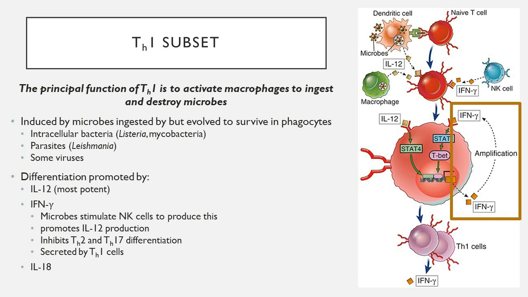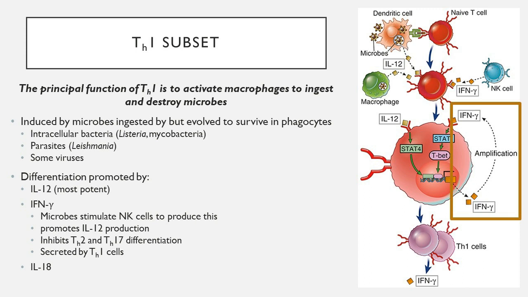What's common among all these infections are the cytokines they produce. For instance, they all tend to produce high amounts of IL-12, which tends to be the most important stimulator of this particular subset differentiation. They also produce IL-18, which works synergistically with IL-12, and then furthermore, they produce IFN gamma. Now, earlier I said that IFN gamma is one of the signature proteins associated with this, as opposed to IL-12, in part because IFN gamma works as a positive feedback mechanism where this particular subset also produces that cytokine to promote further differentiation of adjacent, naive, or being activated